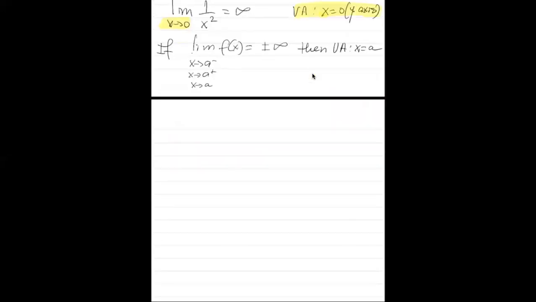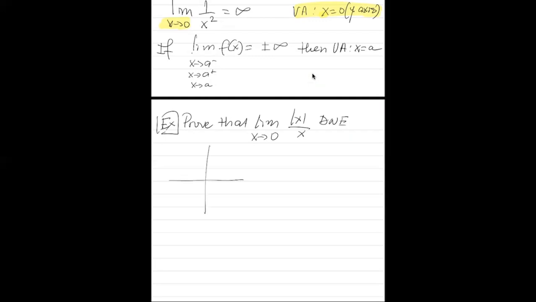All right, example, prove that the limit of the absolute value of x over x when x approaches 0 does not exist. Okay, so approach this the same way. We can look at the graph of this function. If x is positive, then we have 1, right? X will cancel, and it's -1 if x is negative. So the graph looks like this, just like our